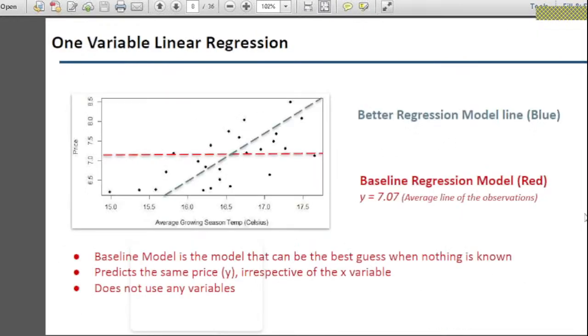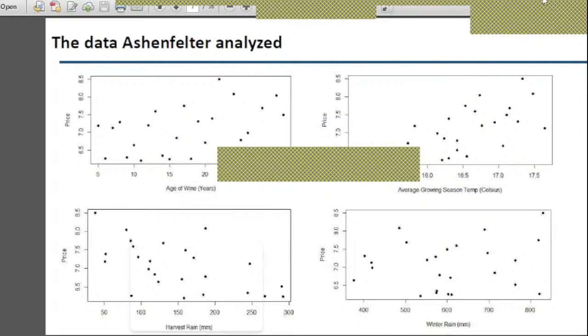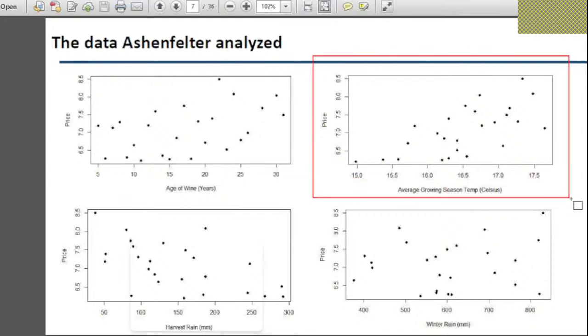Okay. So let's say I give you this chart, right? Let's talk about this only. I give you this chart and I ask you what we are trying to do with regression. We are trying to predict the value of a dependent variable, which is price. Now just concentrate on this chart. If I give you this chart and I ask you what can be the best price estimate that you can make,